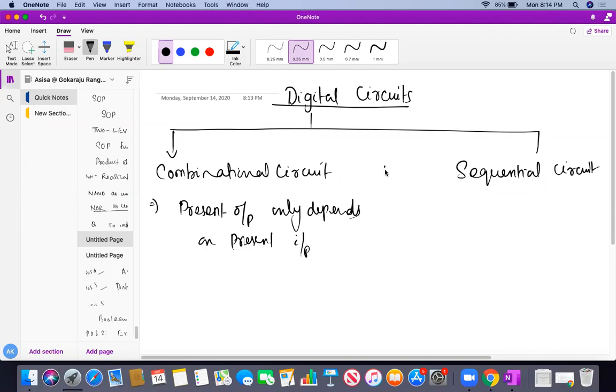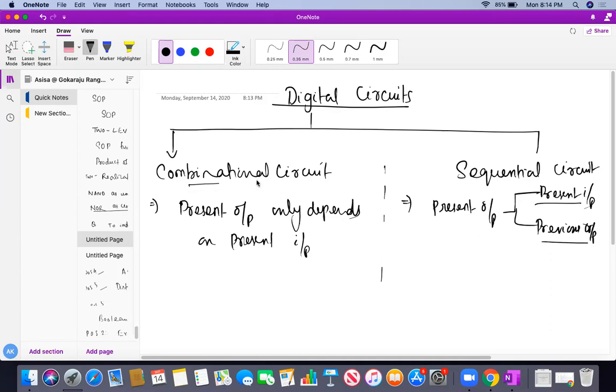And in a sequential circuit, the present output depends upon the present input as well as the previous output. Do you all understand? Very simple. So it depends on both present input and previous output. But in a combinational circuit, the output only depends on the present input.